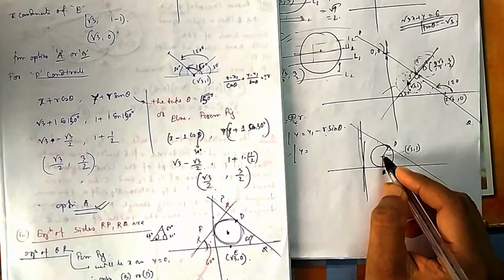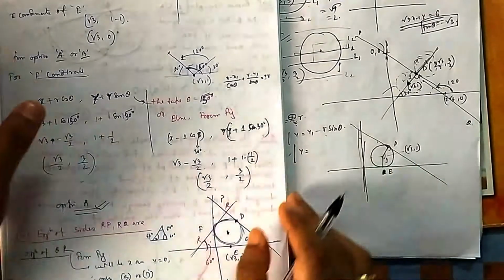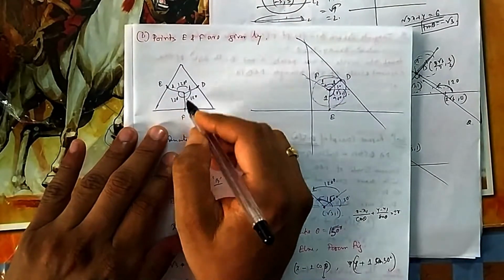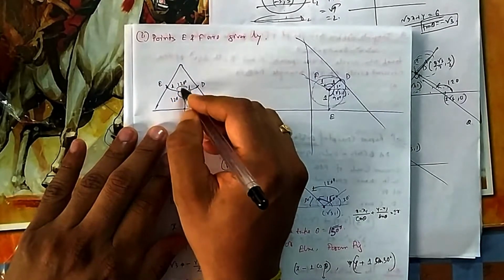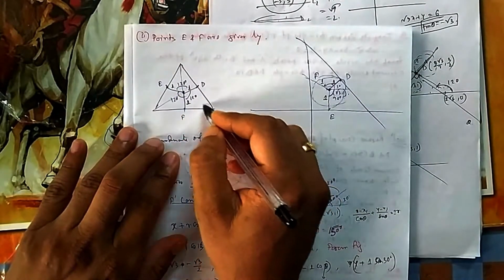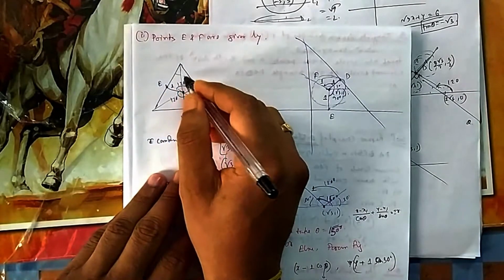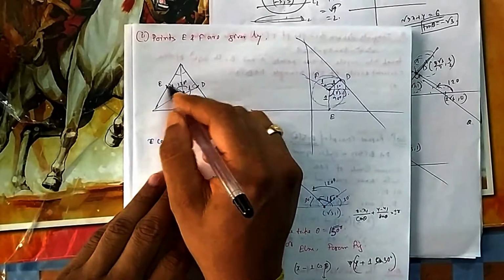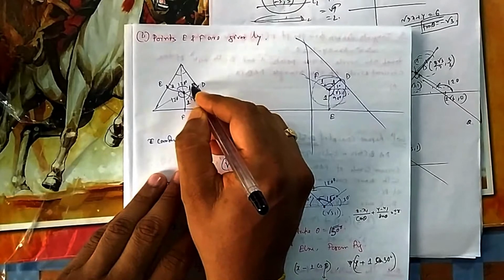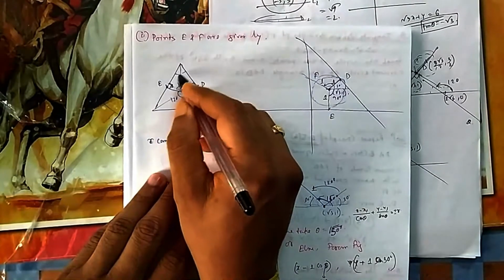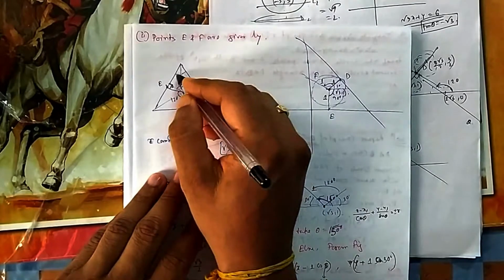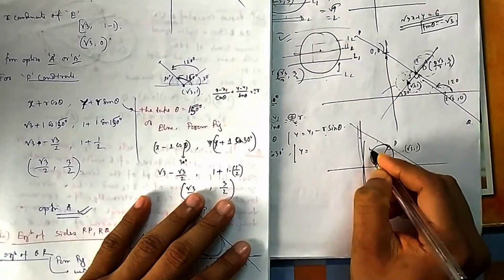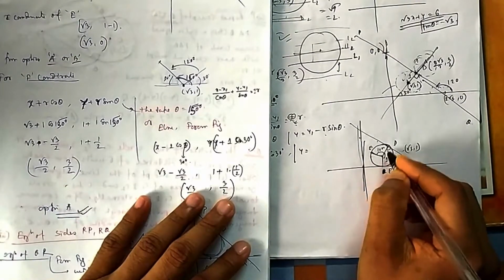This is 90 degree and this angle is 120 degree. You can see, because in a right angle triangle, these are the midpoints of your incenter. What is the incenter? All angle bisectors meet at the incenter. So it is 30, it is 30, so it is 60. These angles are 90 degree because they are touching, so these are tangents. So obviously this will be 90, 90, 180. So it is 60, so it should be 120. So these angles are 120. So the angle E, that is also 120 from this point.